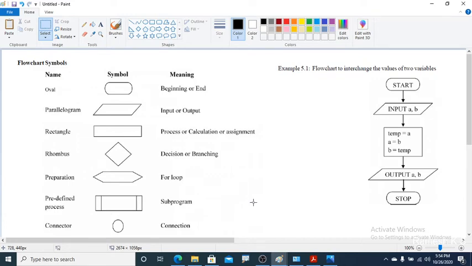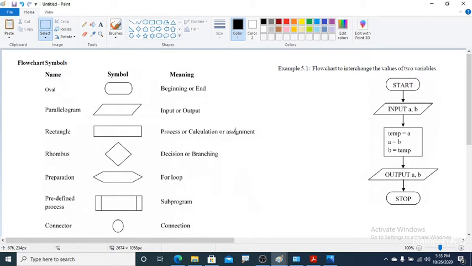Today we are going to demonstrate flowcharts. In this session, we will learn the definition and the types of flowcharts. There are two types of flowcharts: program flowcharts and system flowcharts. And also we will learn the importance of flowcharts, that means the advantages of flowcharts, as well as various symbols used in flowcharts. I am taking one illustration example, a flowchart to interchange the values of two variables. So I will take one problem and implement the symbols with that problem.